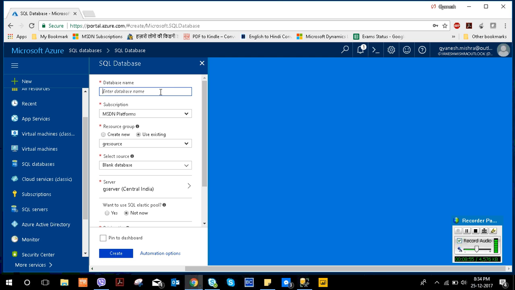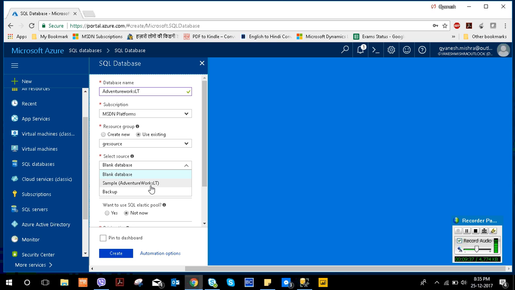First it is asking for the name of the database. So I'm going to give its name as WorkMP. It has to be a SQL platform. I'm going to use the G resource. Then we'll go to the select source. Now see, actually we have three options over here. Either I can create a blank database, or I can use a sample database, or I can use a backup also. Means if I do have a backup file with me, I will be able to restore that backup file over here. So for performing this task, I'm going to click on the sample database, that is AdventureWorks LT.